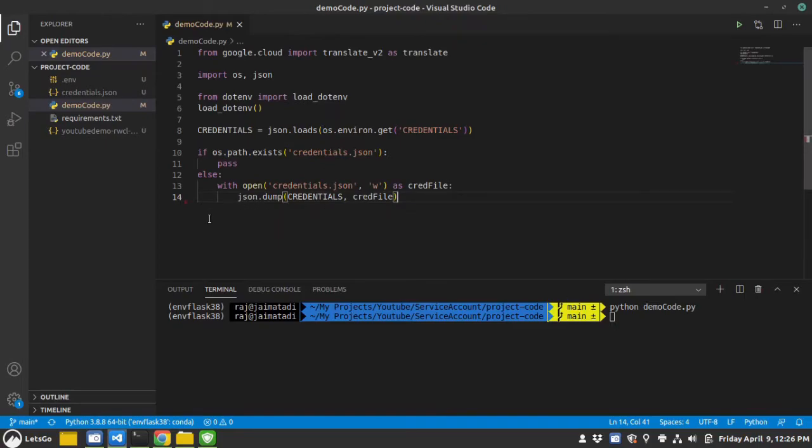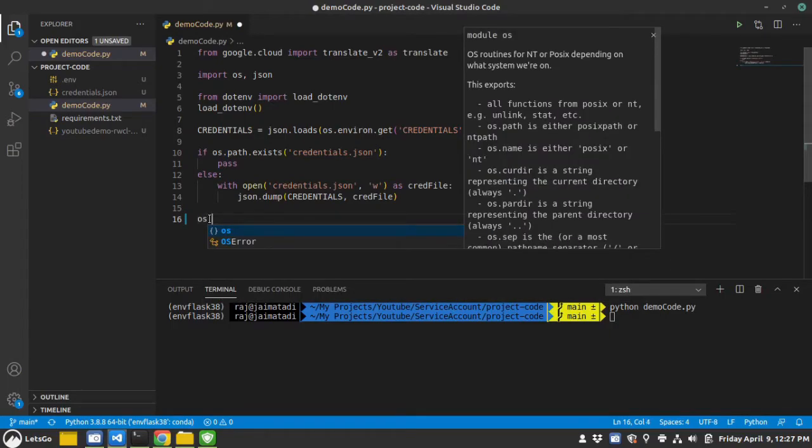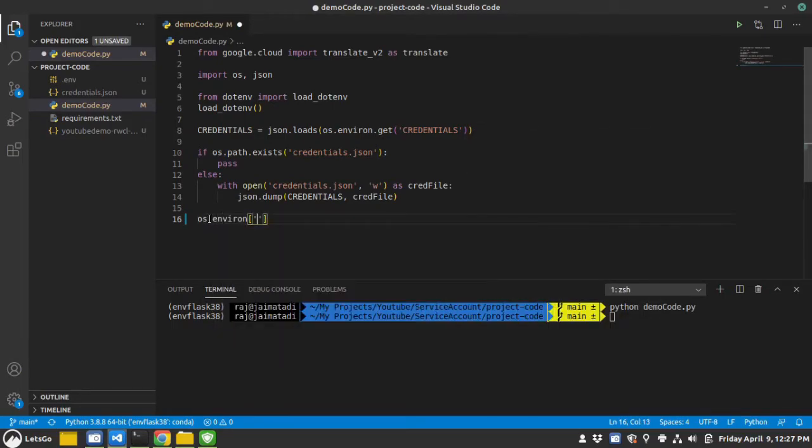Now we will pass this file to create a new variable, that is os.environ, and that is GOOGLE_APPLICATION_CREDENTIALS.